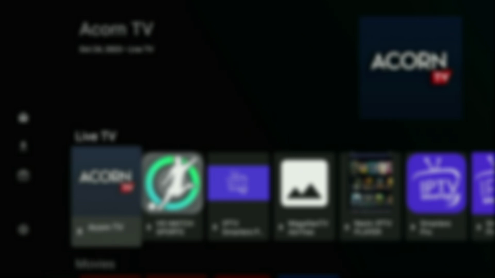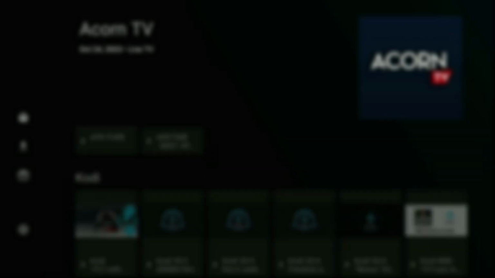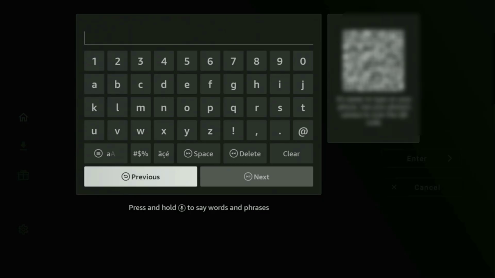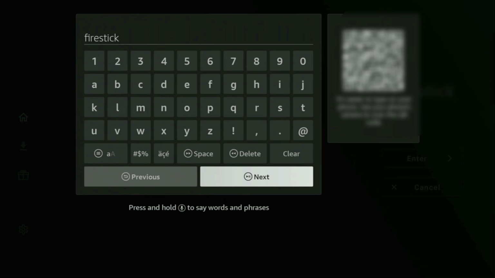Now let's go back so I could show you a couple more codes. The next code is going to be Firestick, yep, as a word, so just enter Firestick. Here we go, just enter it as a word, click on next, wait until it loads for you, and here